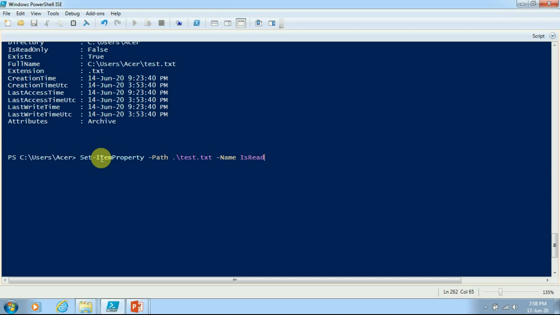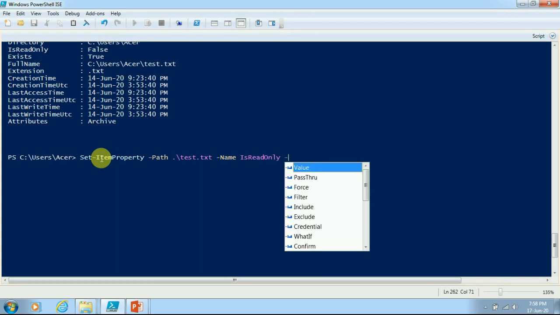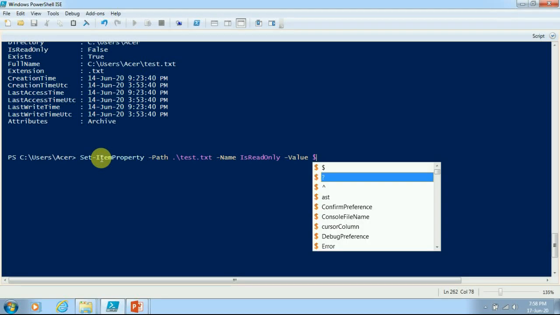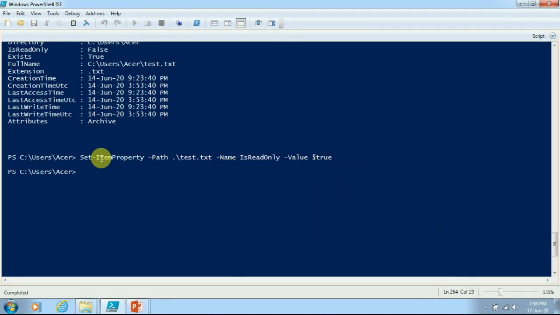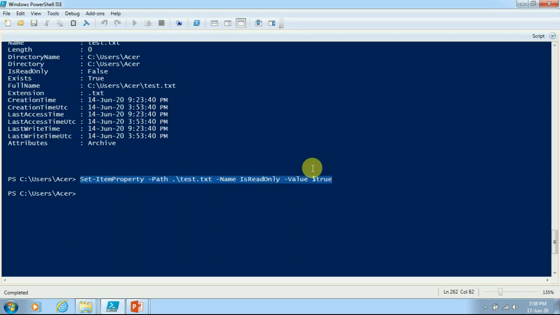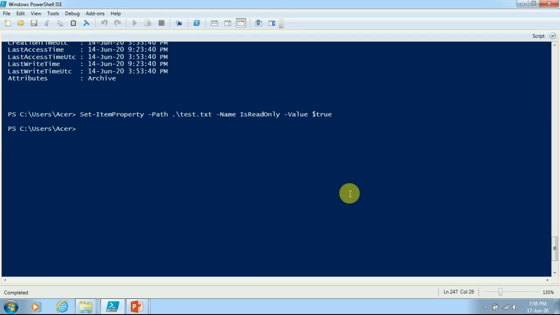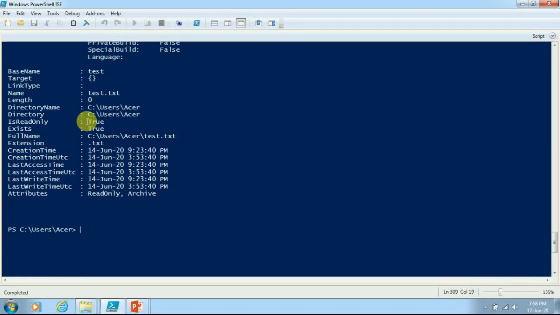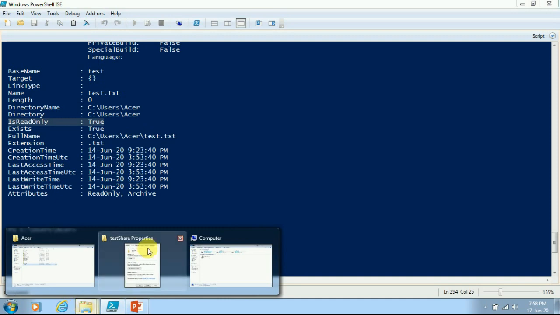The property is IsReadOnly, and the new value should be true. After I executed this, the property of the file changed from IsReadOnly false to true. So let's verify that property. Currently you are seeing that IsReadOnly is true. We have one other way also to verify the property.